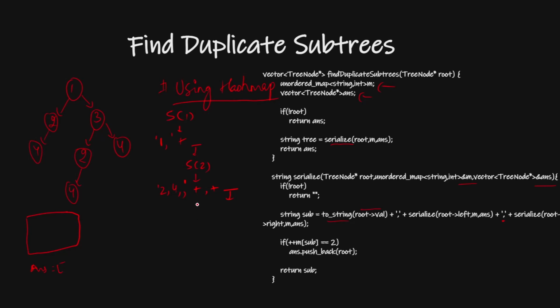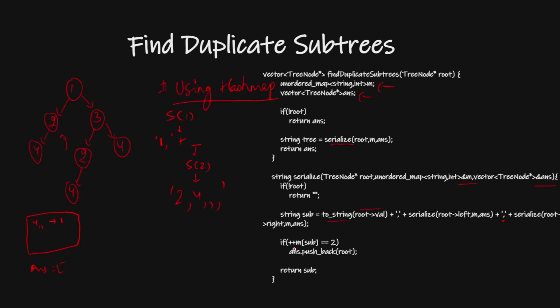One more thing, before returning f4, what will I do? I will mark here my 4 comma, and with it 1. So its occurrence is 1. Now what will I do? I will store this, and it is also empty, so it will return empty. So this will become 2 4 comma and triple comma.